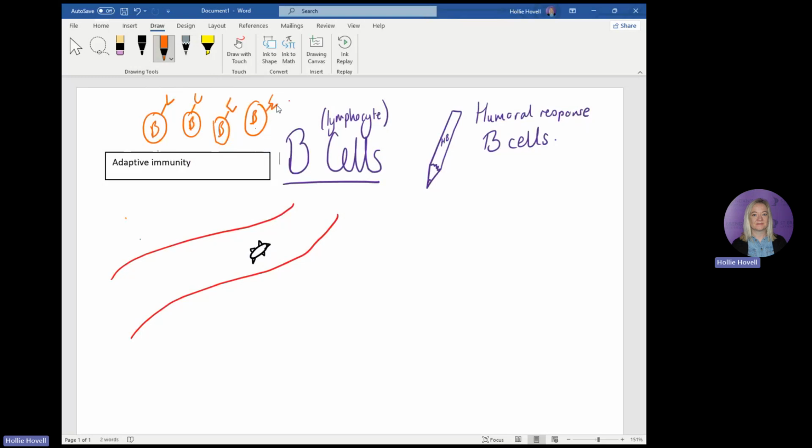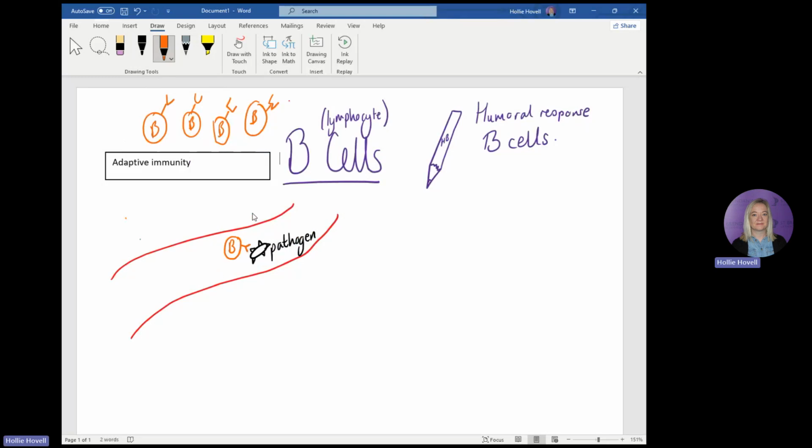And hopefully you're starting to see that these receptors are going to need to be complementary to the shape of the antigens on the surface of this pathogen here. So simply by trial and error, of all these B cells floating around in our system, eventually a B cell that's got a receptor complementary to that particular pathogen's